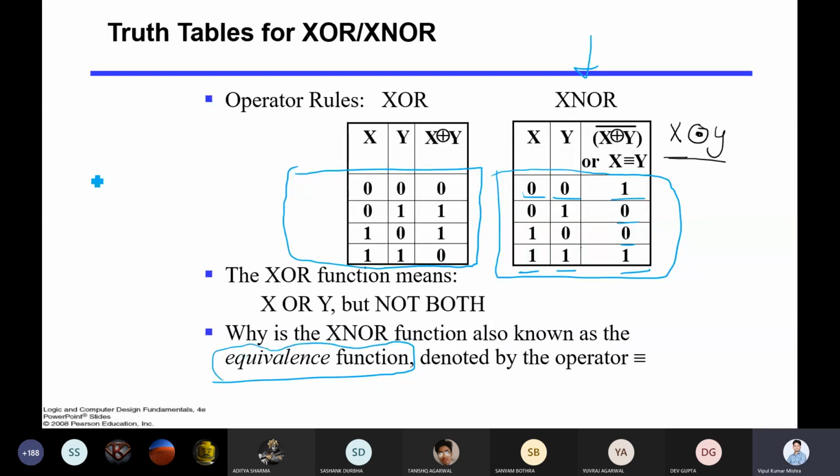So when you check if x equals y, in circuits they use XNOR to check whether both are equal or not. If your XNOR output is 1, then x and y are equal. If your output is 0, then x and y are not equal. And that's the way you can utilize the XNOR.